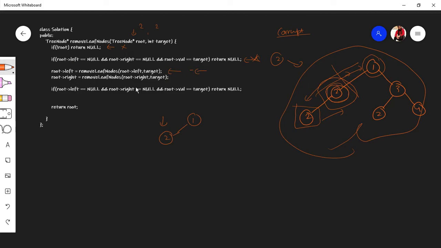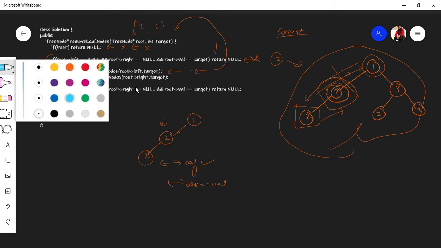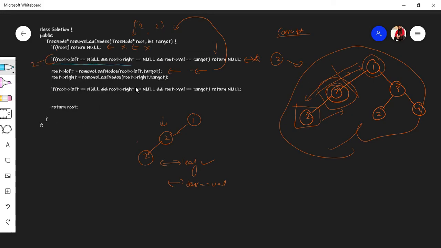एंड अब मैं फिर से रिकर्जन को कॉल करके इसके अंदर जाऊंगा और जो टू का लेफ्ट है मैं उस वैल्यू को भेजूंगा। टू का लेफ्ट क्या था, फिर से टू था, तो फिर से मेरी यही वैल्यूज आएंगी। अब ये चेक करेगा कि क्या वो एम्प्टी है, एम्प्टी तो नहीं है, बट जो सेकंड कंडीशन है वो ट्रू हो जाएगी, क्योंकि ये लीफ नोड तो है, और इसकी जो वैल्यू है वो भी मेरे टारगेट की इक्वल है, तो ये कंडीशन ट्रू हो गई। जैसे ही ये कंडीशन ट्रू होती है, तो ये नल रिटर्न कर देगा।